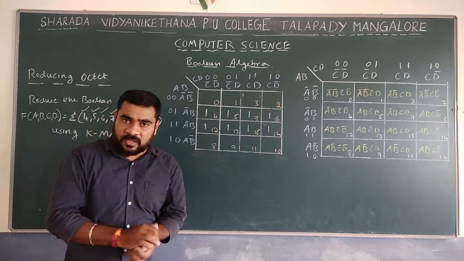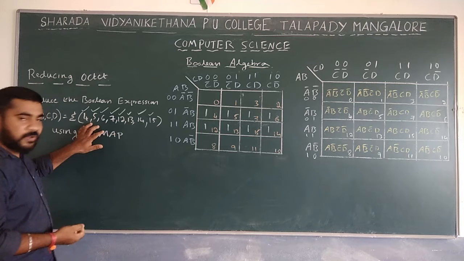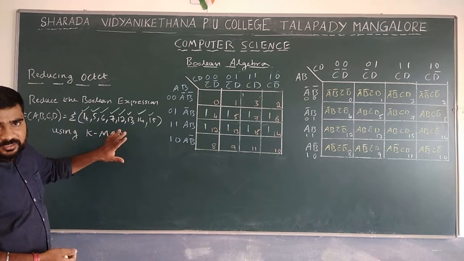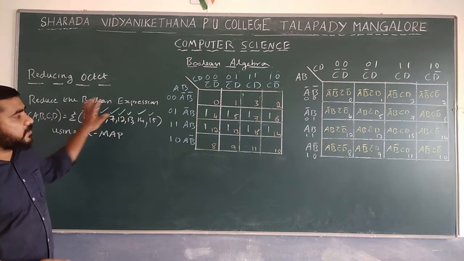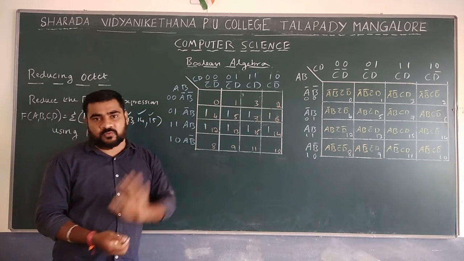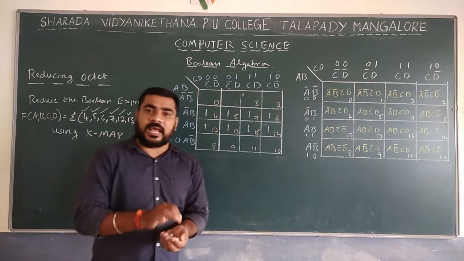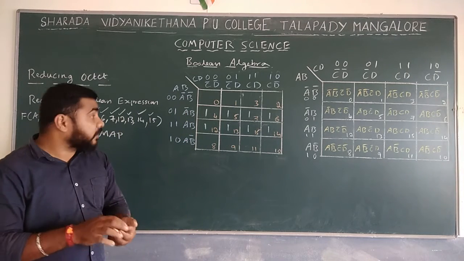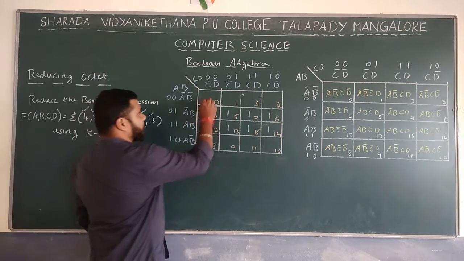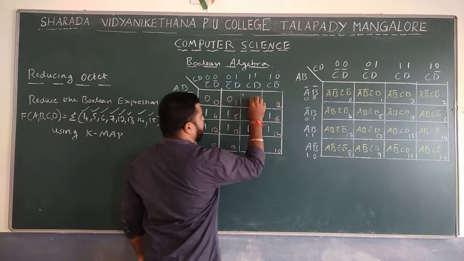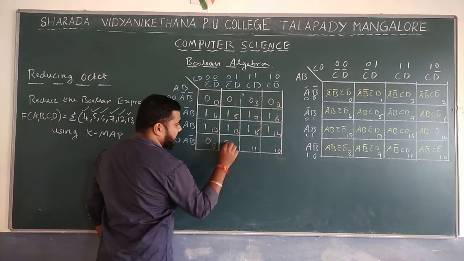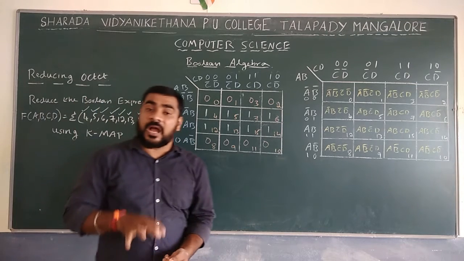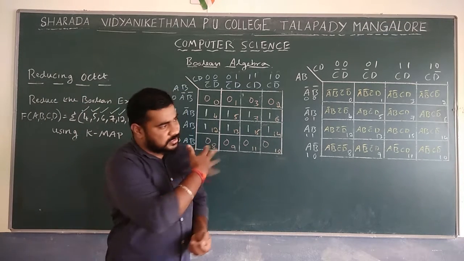So this is easy. In question, which cell number is given? Whenever cell number is given, that is very much easy. Whenever expression is given, that is difficult. So cell number is given means go first check the particular cell number, mark that as 1. Mark all the cells as 1. After marking 1, the remaining things will be there. That we should mark as 0. So this one is 0, 0, 0, 0. Here also 0, 0, 0, 0. So remaining everything we should mark as 0.